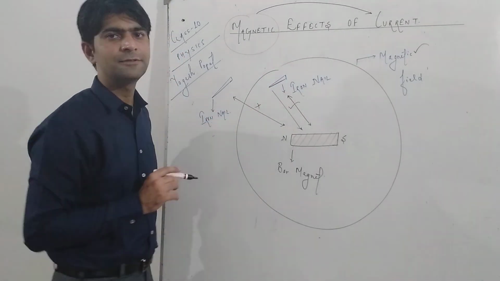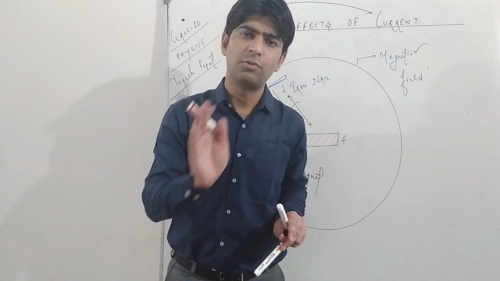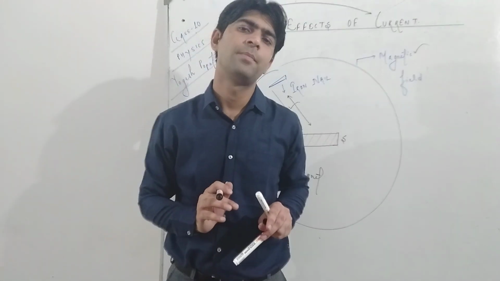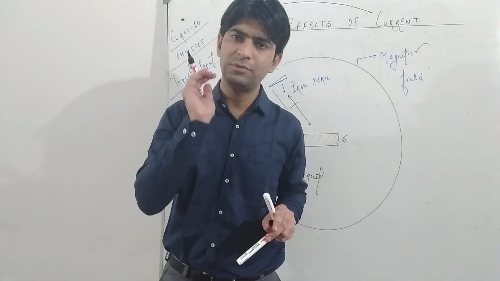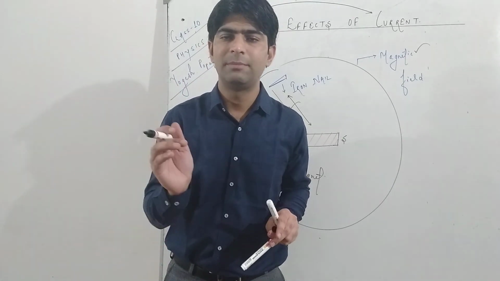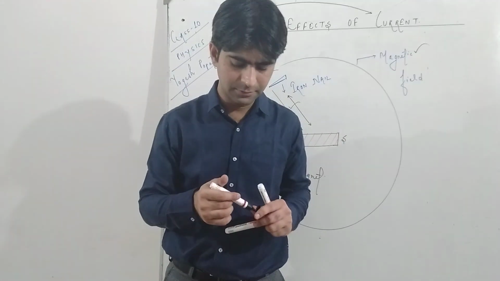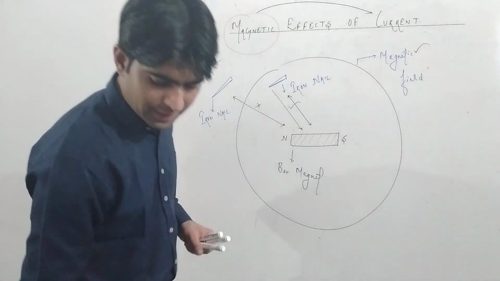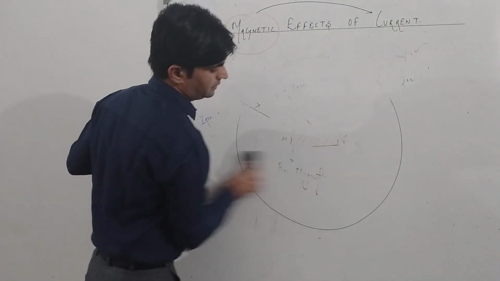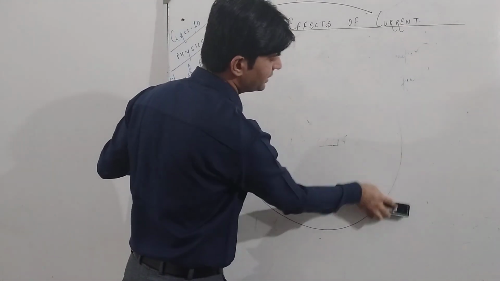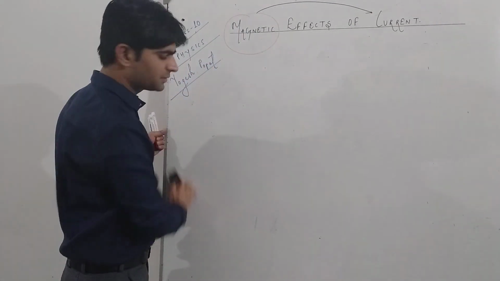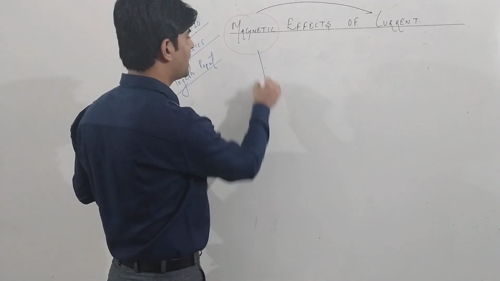So what is a magnetic field? A magnetic field is a region around any magnetic body, here initially a bar magnet, up to which it has its magnetic effect. That means up to that particular region or specific area, it will be able to attract magnetic materials. Now, coming to the magnetic effects of current, the name suggests that something is related to magnetism. And if we talk about electric current, in this chapter we are going to discuss the production of a magnetic field